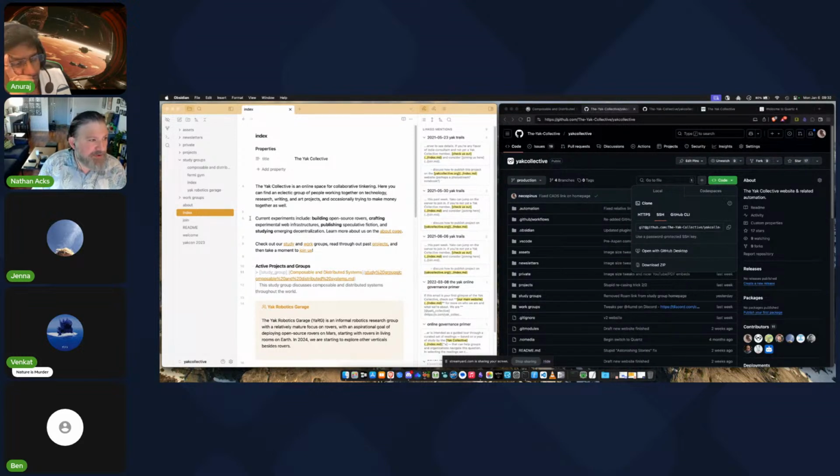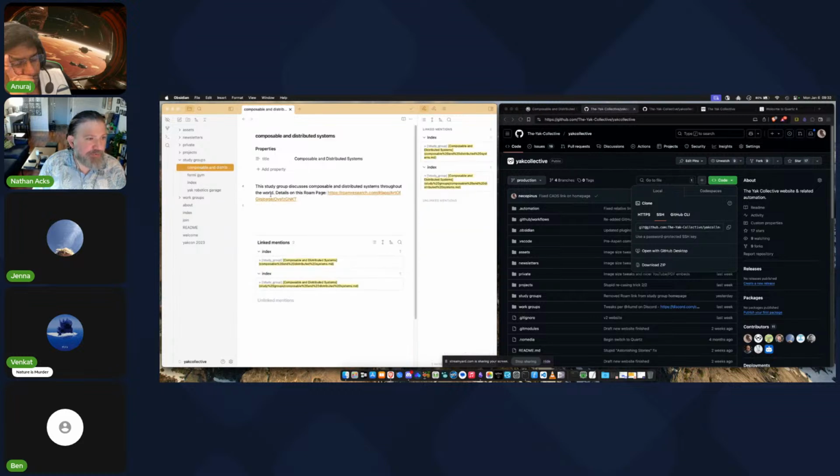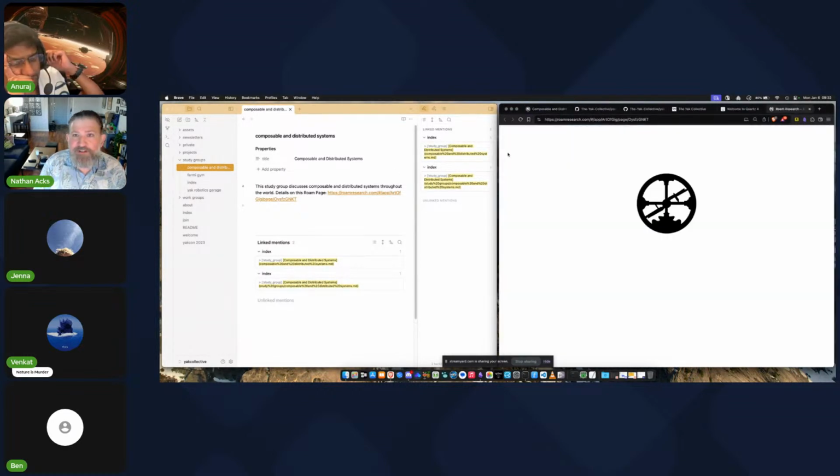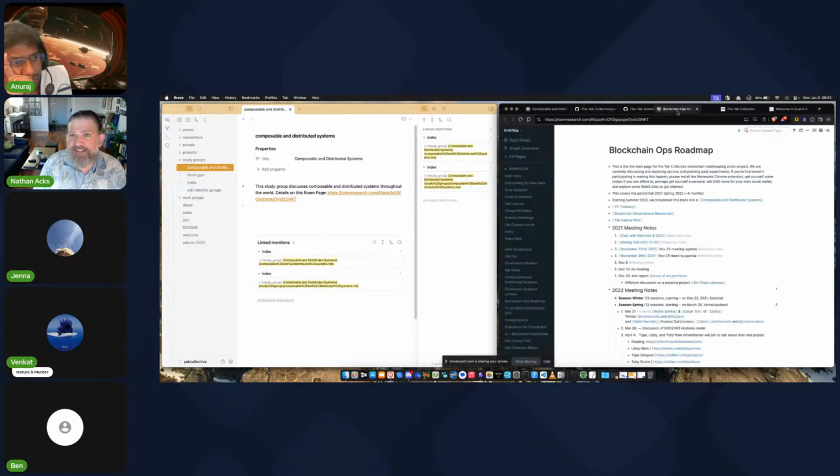But the composable and distributed study groups page is pretty bare right now. Let's add a little bit more to that page. Also, it doesn't show up. So let's come over here to Roam. Let's actually first open up the link. The link is still the old blockchain one. I was trying to figure out when we started. Well, we had the first meeting that we recorded on November 8th, 2021.